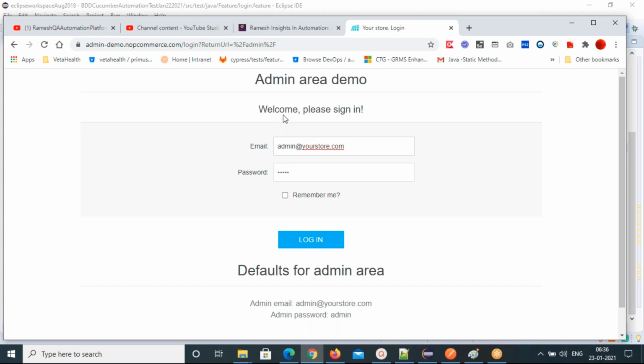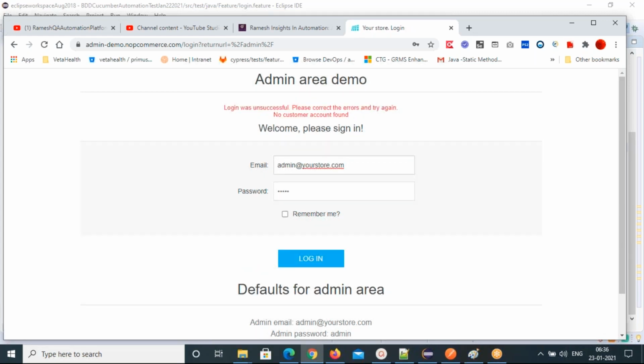If you give invalid, you will get an error message here: Login was unsuccessful. Please correct the errors and try again. No customer account found. This is the error message we have to validate.